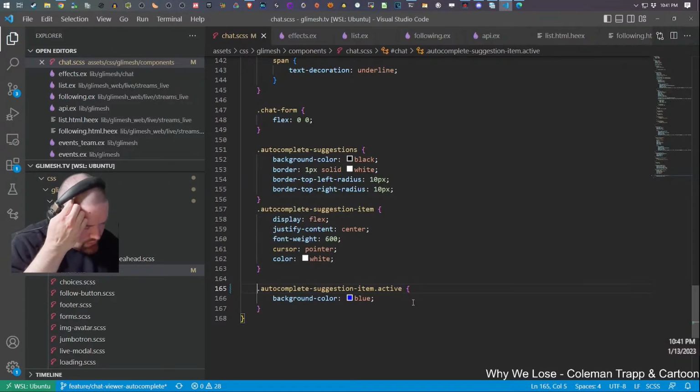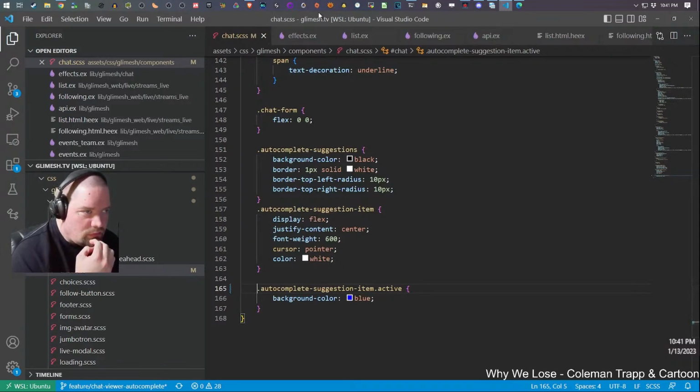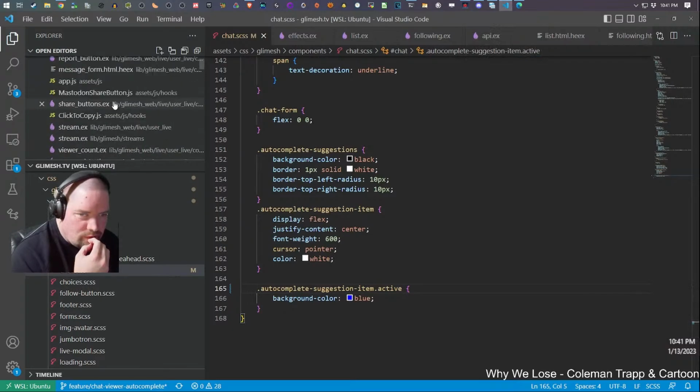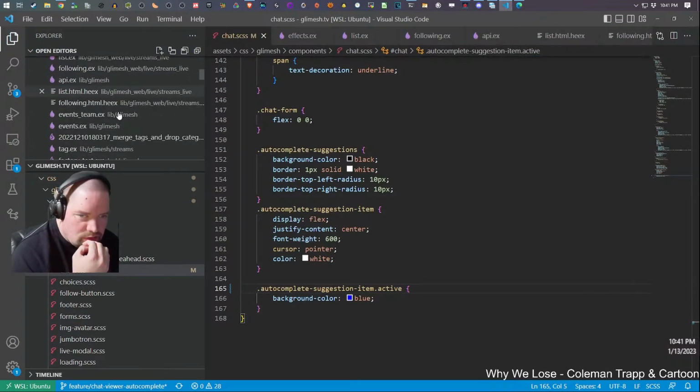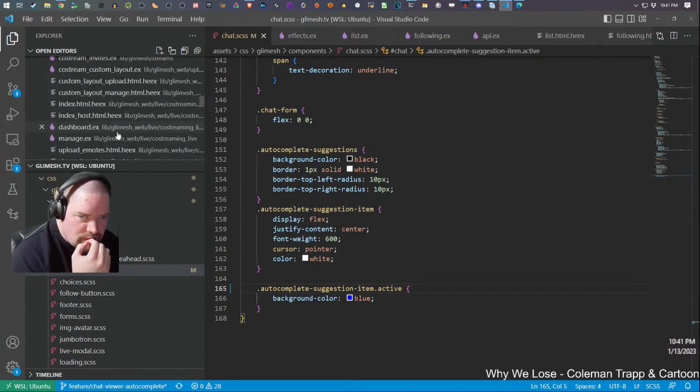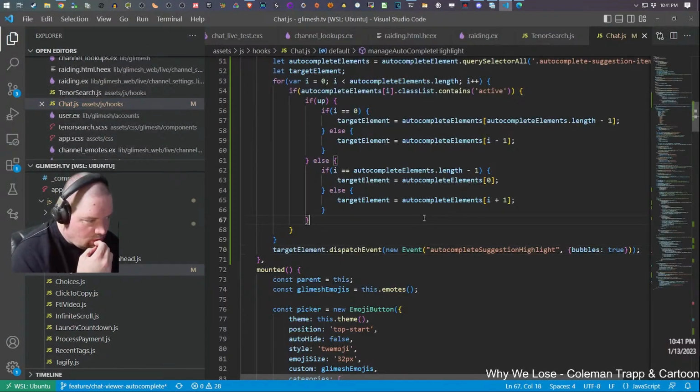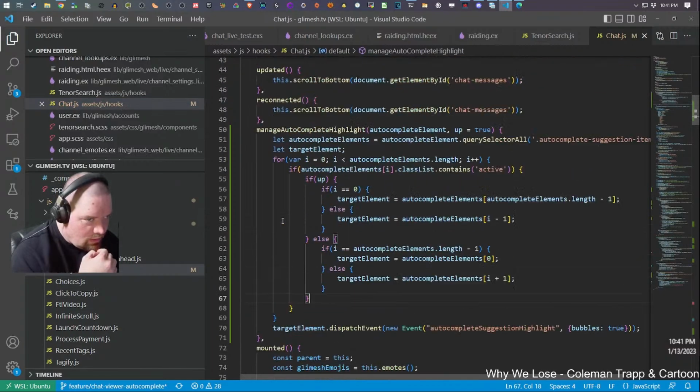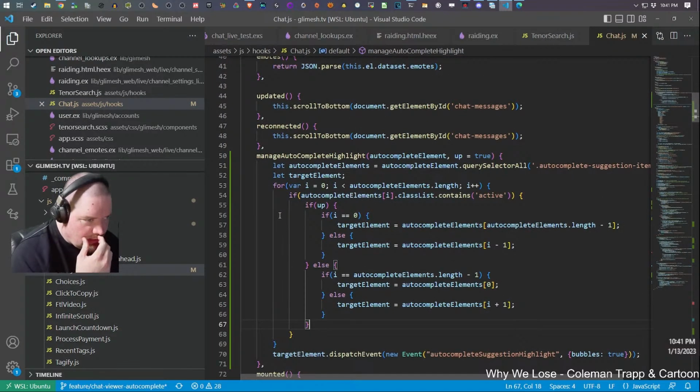Oh, did I make it? I didn't do the mouse over yet. That's what I didn't do. For this, so it's where's chat JS. Okay, so I need to call the manage autocomplete highlight, right?